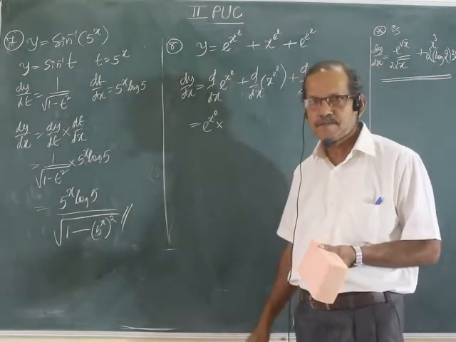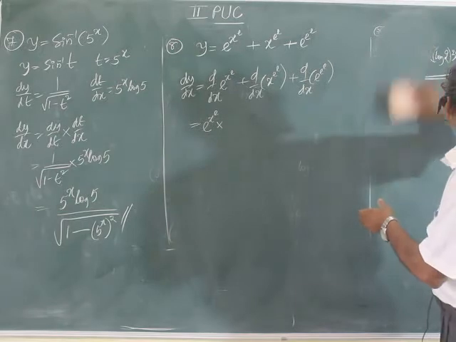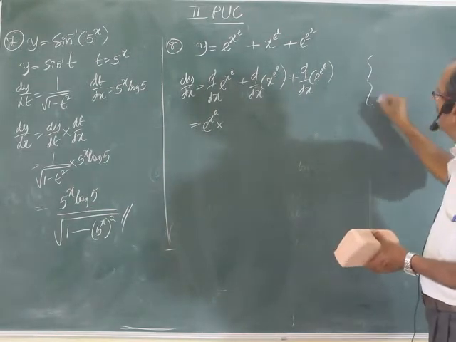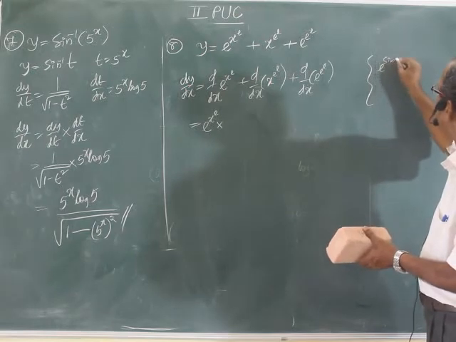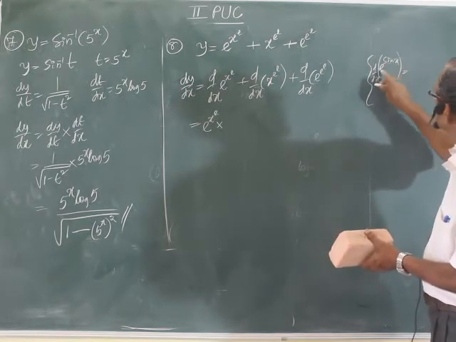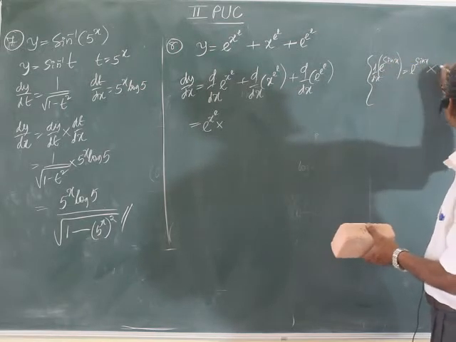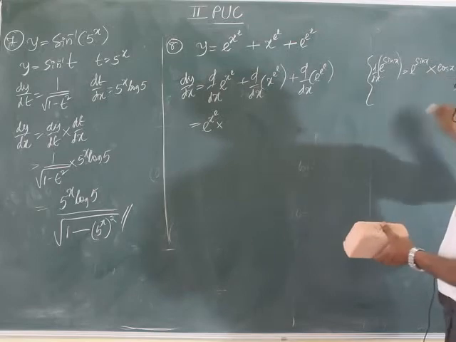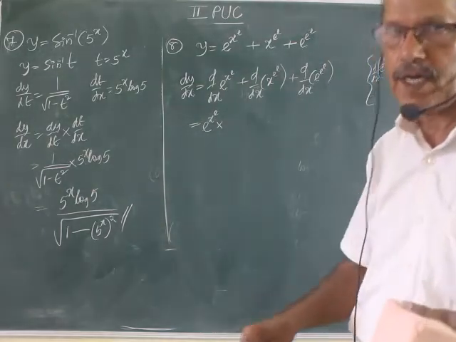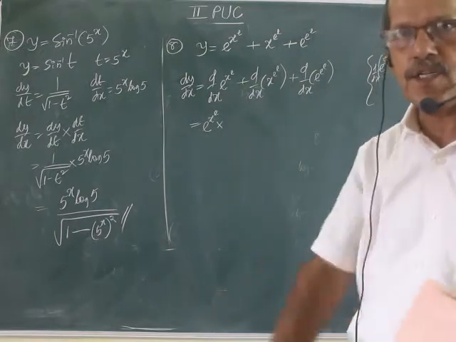That's all. If it is e to the power sin x, you did that one. That is why I am writing directly. E to the power sin x, derivative is what? First e to the power, write as it is, into next sin x. Ordinary chain rule, nothing else. First write derivative of e to the power. It is as it is you have to write, because derivative of e to the power x is e to the power x.